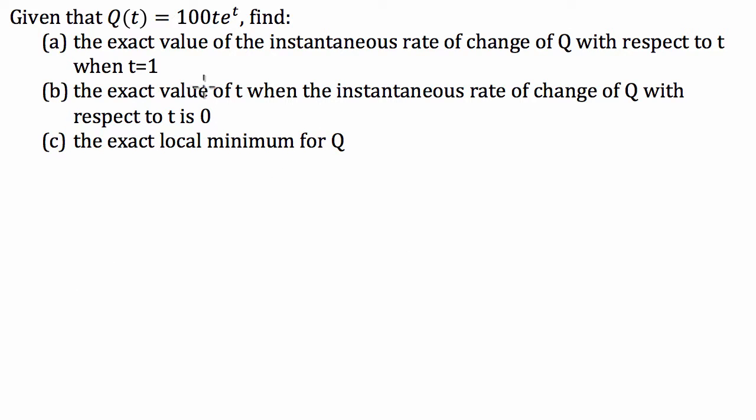Now, if we see this instantaneous rate of change, that means we have to differentiate. This should be like one of those things in your head where it just clicks. If you see this in the exam, it means you have to differentiate. So without looking at anything else, let's start by differentiating this. So we're going to have dq